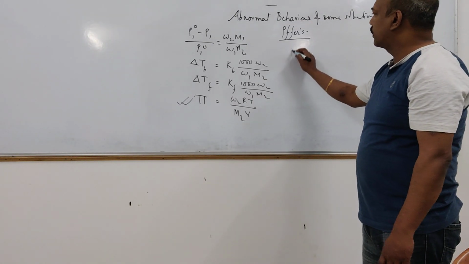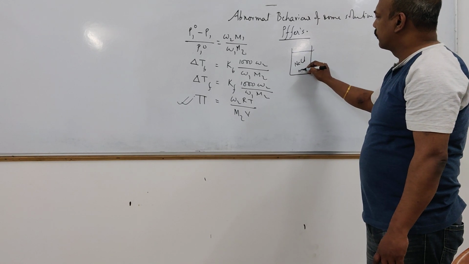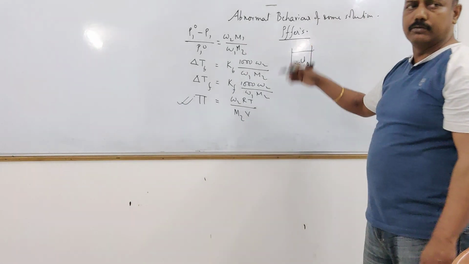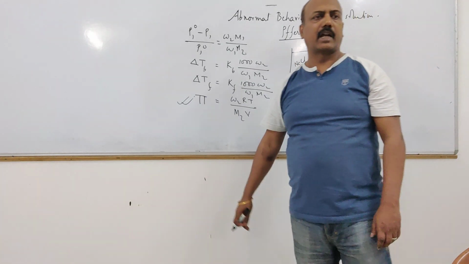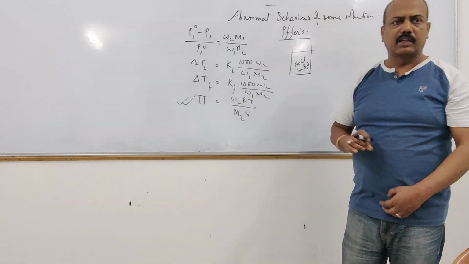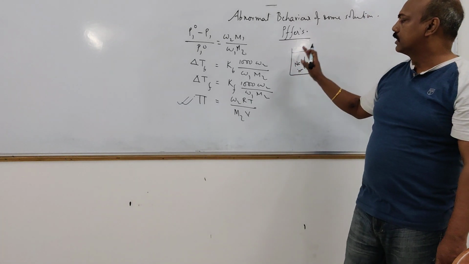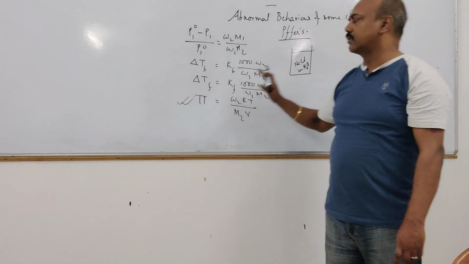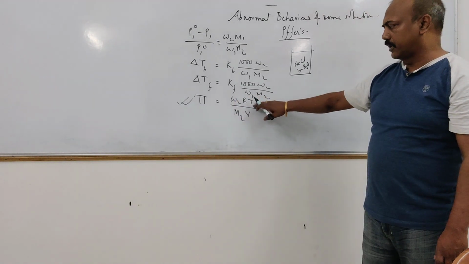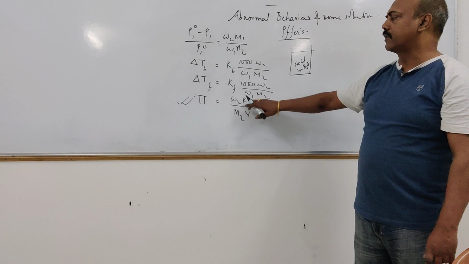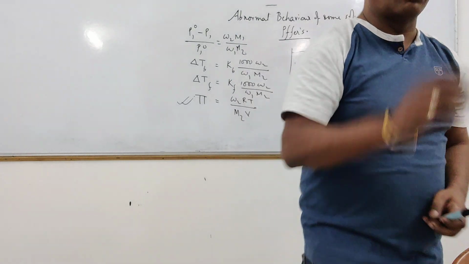I have given you a solution of sodium chloride, obviously in water. I had given you all the data related to that. All the data means I had told how much sodium chloride I had added, how much water is there, everything, the molecular mass of sodium chloride, etc. And I told you to find out the value of pi. Suppose I had given you the value of W2, temperature, M2, volume, you know the value of R, and I told you to find out the value of pi. Okay, pi means the osmotic pressure.